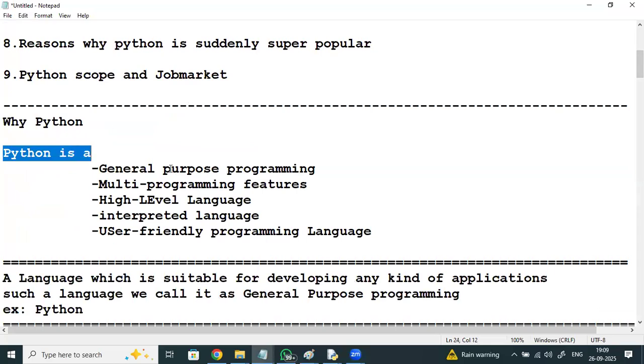It's a general purpose programming language where any kind of application we can develop today using Python, like automation applications, web applications, animation applications, gaming applications, networking applications, desktop applications, with multiple programming features. All the features we see in different other programming languages, we see here in Python. It's a high level language, easily understandable, portable, and machine